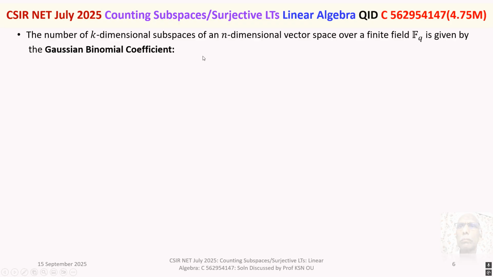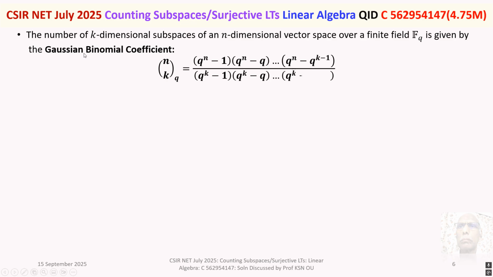It is n choose k suffix q. That is the Gaussian binomial coefficient, and it is given by (q^n minus 1) multiplied by (q^n minus q) multiplied by etc. (q^n minus q^(k minus 1))